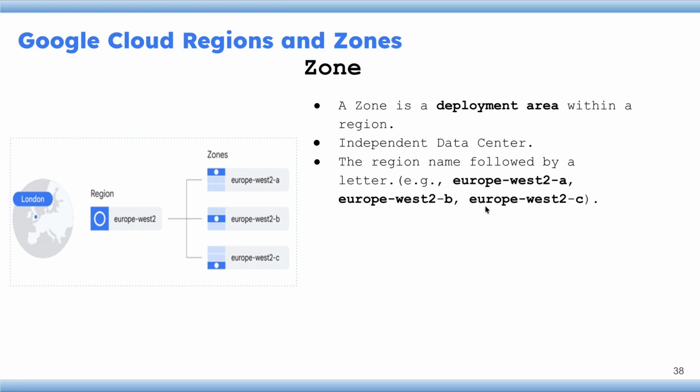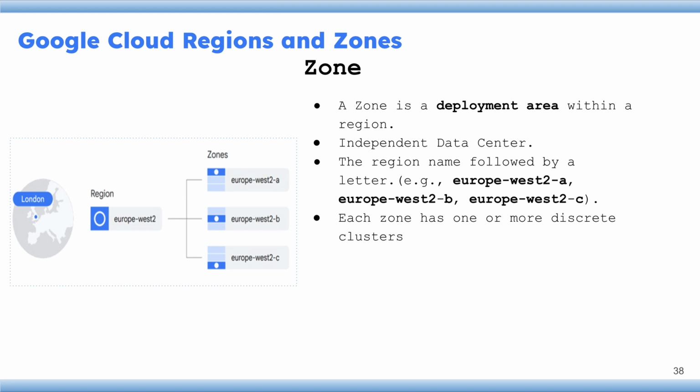The format for a zone is that it is followed by a region name. For example, Europe West 2 is the region name, and Europe West 2A, Europe West 2B and Europe West 2C are the zones inside the Europe West 2 region. Zones within a region are considered single failure domains. They have distinct physical infrastructure, power grids, cooling, and networking to ensure that if one zone goes down, the